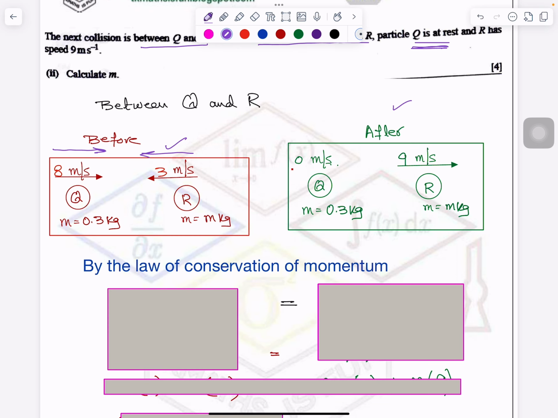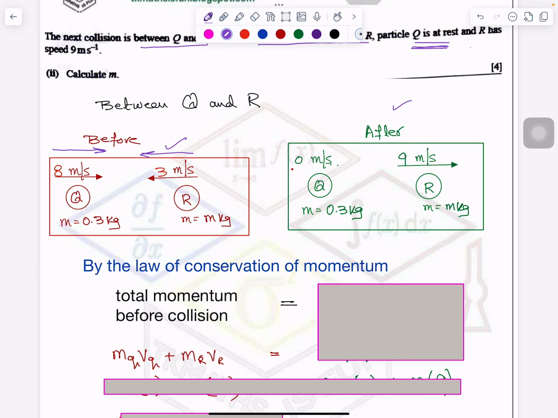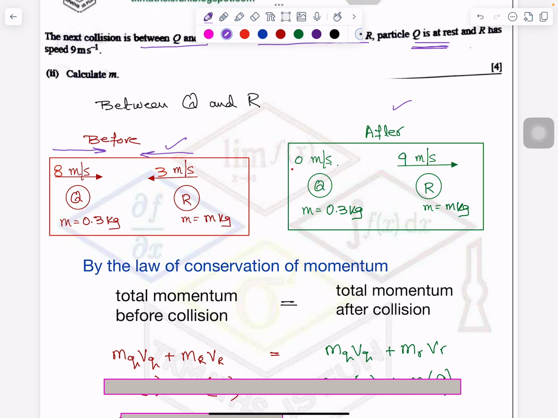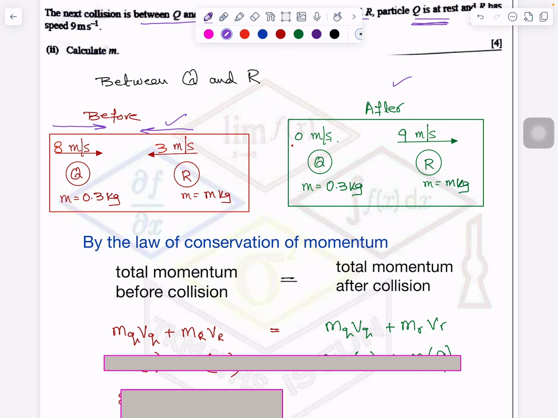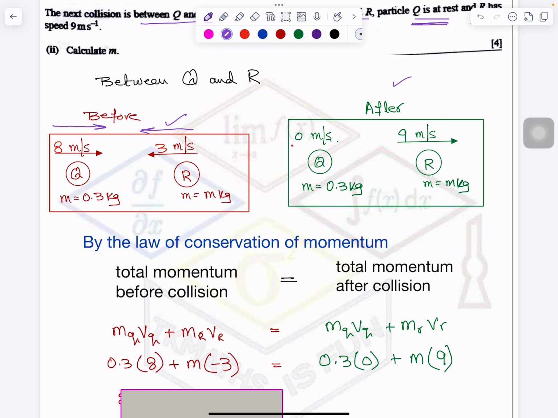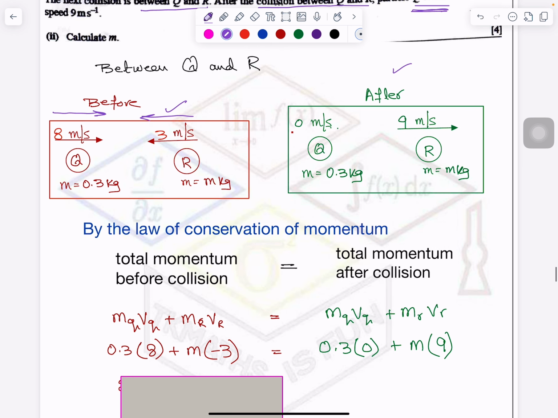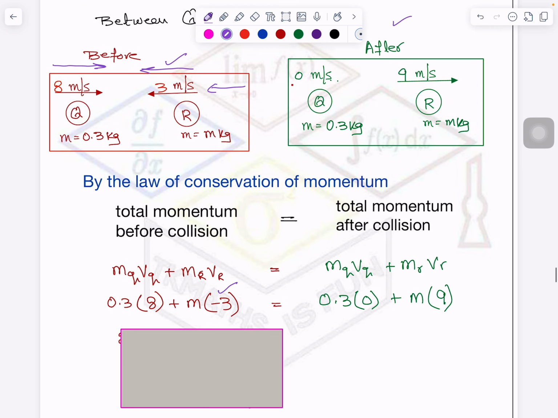momentum, linear momentum, I will substitute the values here. Mass into velocity. Mass is in kg and velocity is in meters per second. If it is not, you will change the unit, so be careful. And then simply solve the question. Once again, it is taken negative because it was going towards the left. So something going left, we take its velocity as negative.